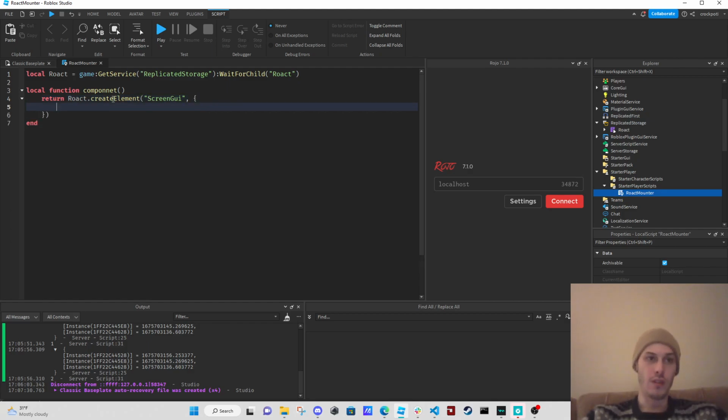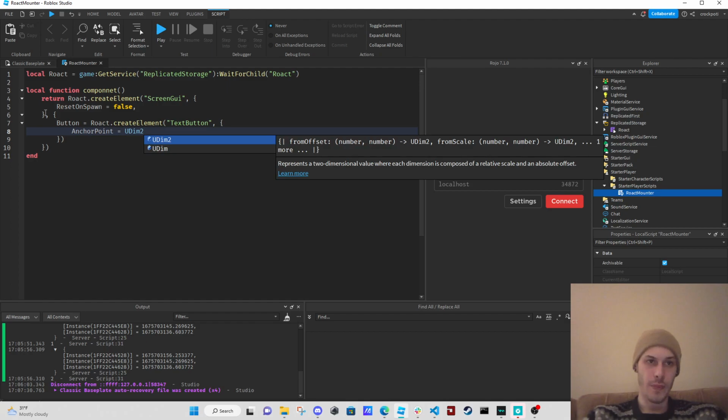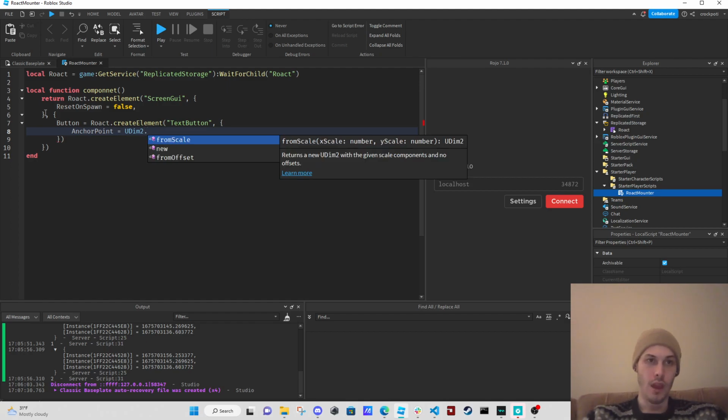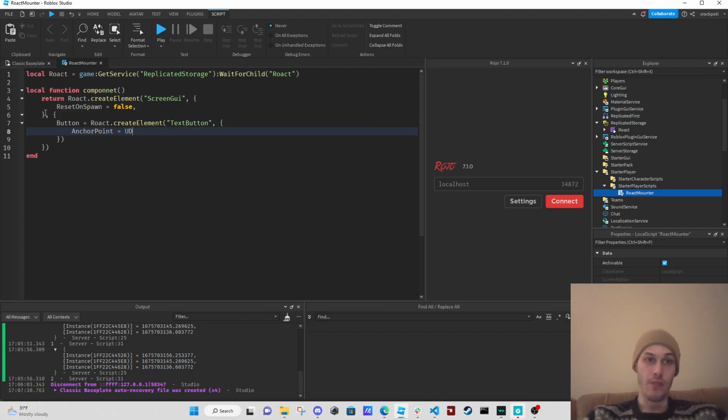And then we're going to say ResetOnSpawn equals false. And then we're going to add in a TextButton. For the TextButton, I'm going to say AnchorPoint equals Vector2.fromScale. Actually, no, I'm tripping. Vector2.new